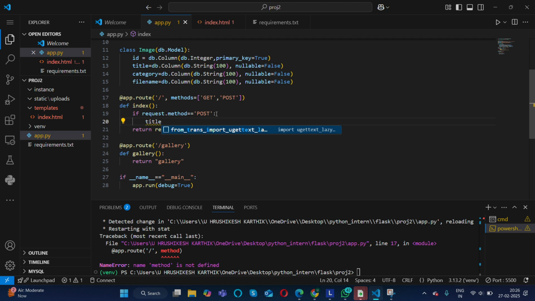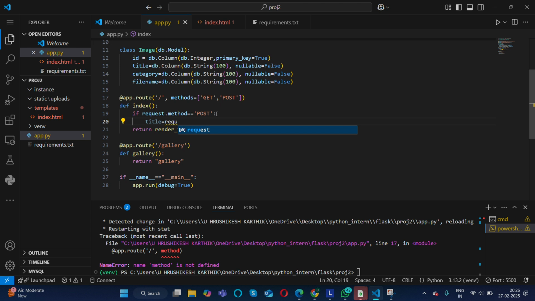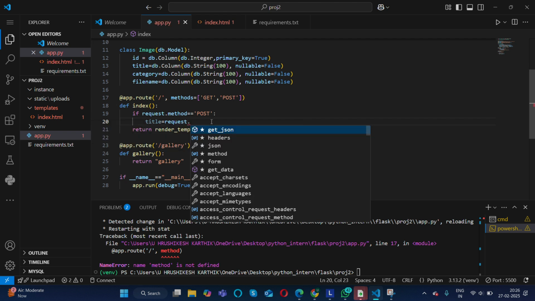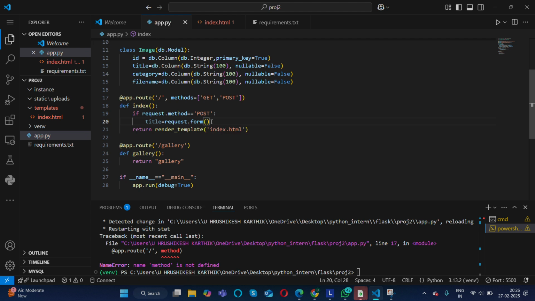And type. I'll use a variable. So what should I do? I'll take this from the form, which I'll submit in the HTML. Request dot form. This should be the name which we give over here.